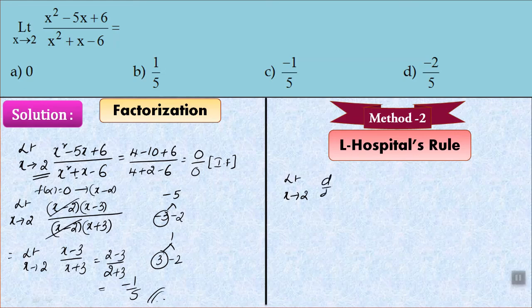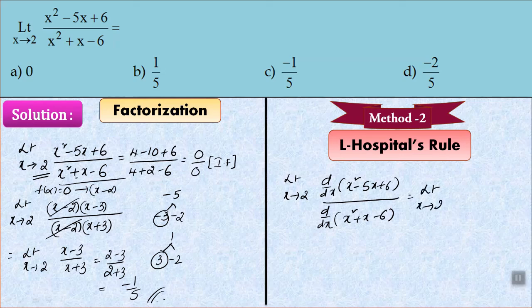We get d by dx of x square minus 5x plus 6 divided by d by dx of x square plus x minus 6 is equal to limit x tends to 2, d by dx of x square is 2x minus d by dx of 5x is 5 plus d by dx of 6 is constant 0, divided by d by dx of x square, that is 2x, plus d by dx of x is 1 minus d by dx of